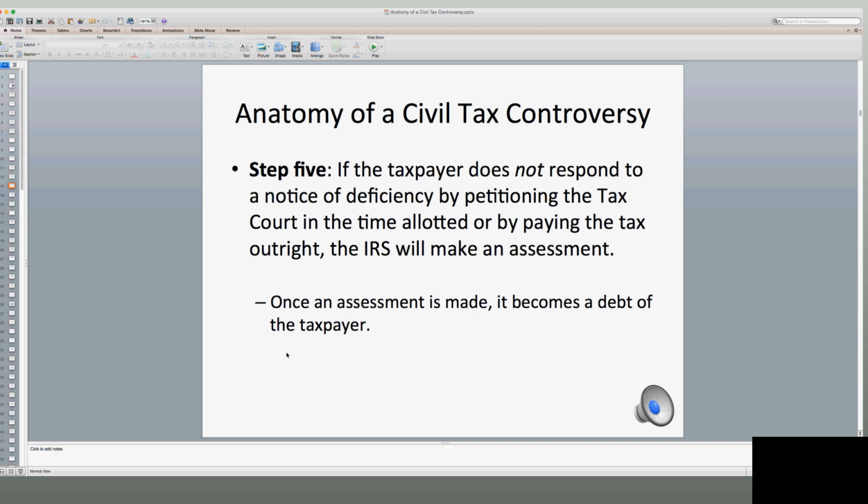Audit reconsideration is a good question. Yes, I have tried that on numerous occasions, and it really depends on the auditor that you're dealing with. I hate to sound so gray and nuanced here, and I wish I could give you a more precise answer. But really, it's so subjective that sometimes it comes down to the auditor that you're dealing with.